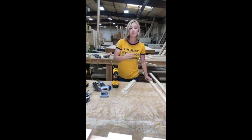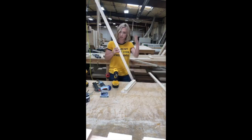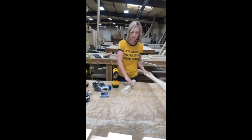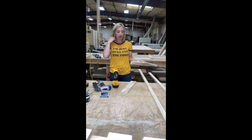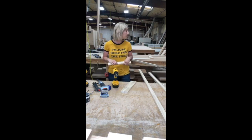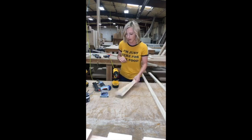So for what I am doing here, these pieces, the side rails, are 6 foot long. And then my crossbars are 14 inches wide. And I've cut 3. We're going to go cut maybe 1 or 2 more, just so you can see what a miter saw looks like and what I'm talking about. But again, you can have Lowe's or Home Depot do that for you. And